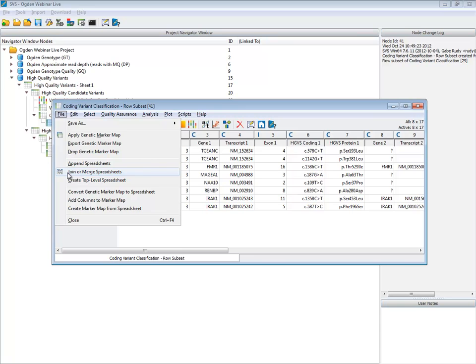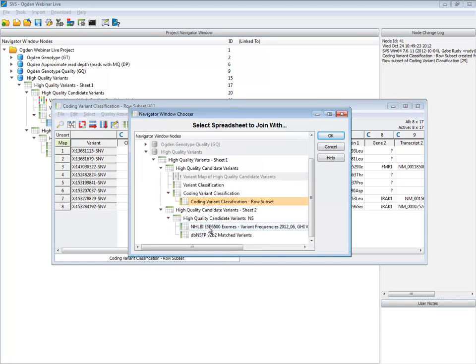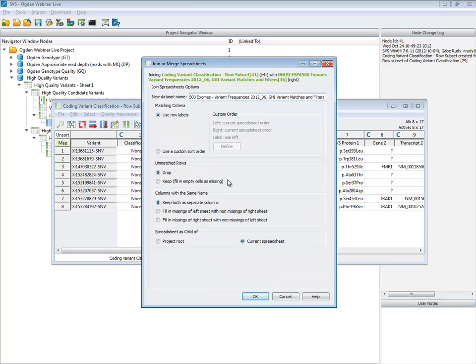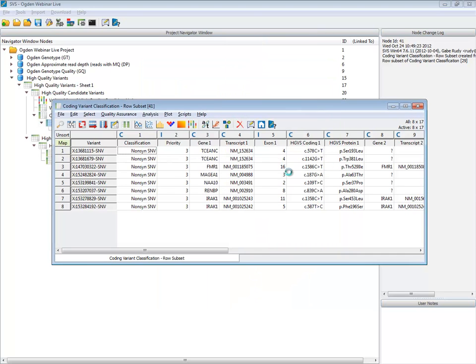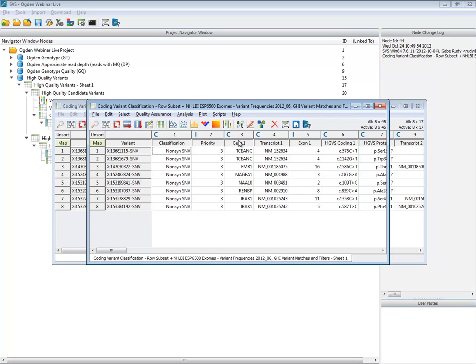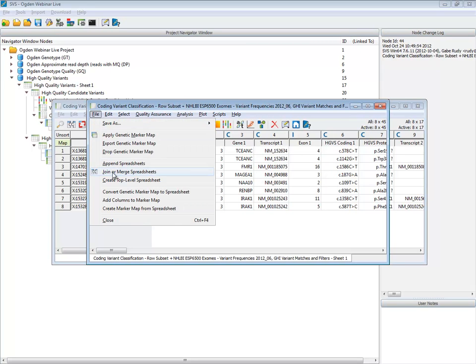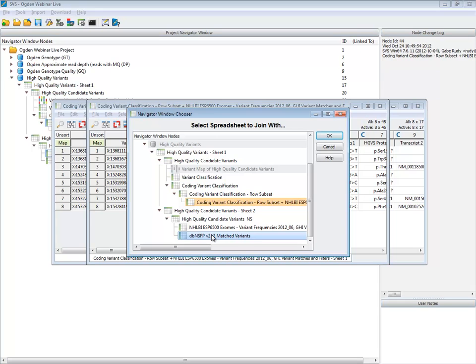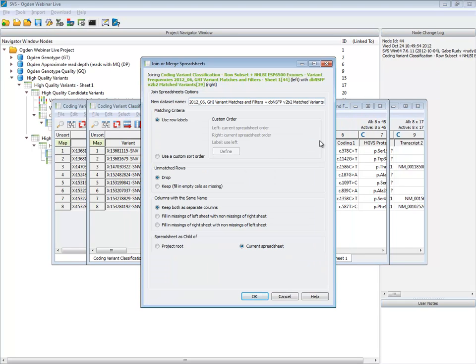I'm going to go to File, Join, and essentially join in these 2 annotations. I can join in the NHLBI 6500. Remember, this one didn't actually have all 8, so I have to say if there's unmatched rows, go ahead and keep those. So I keep my full set of 8 variants. So now I still have 8. And while we're at it, let's join in the non-synonymous functional prediction. Go ahead and say keep.